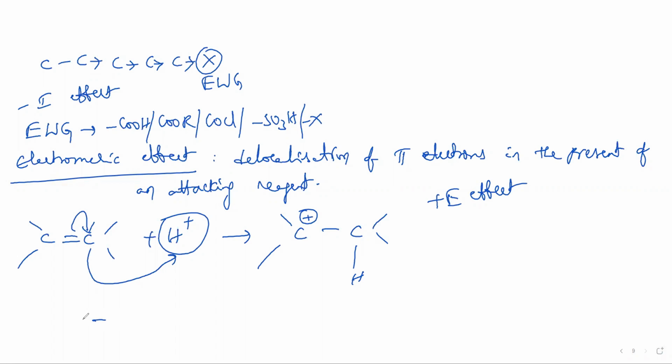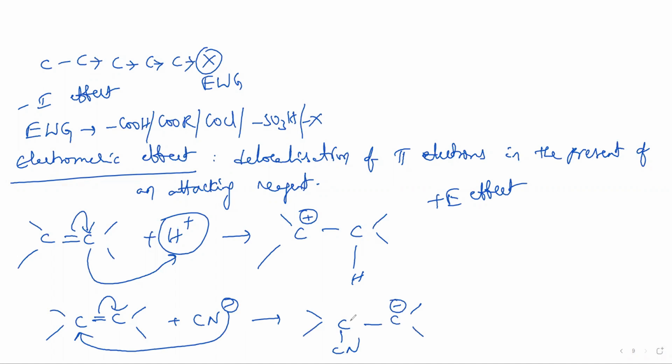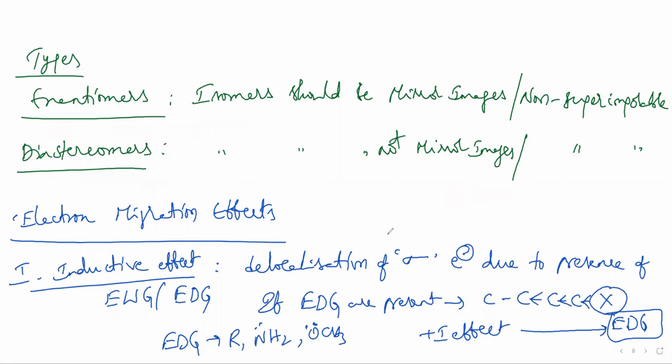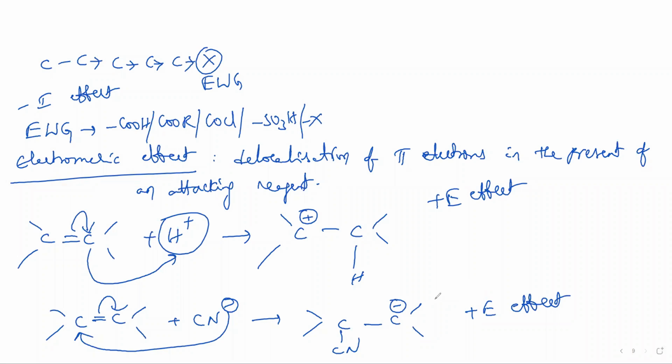or C double bond C with a nucleophile. The nucleophile attacks this carbon, and you get CN here, and now this carbon gets a negative charge. This is what we call the minus E effect. So this is a delocalization of pi electrons. I'll add one more point here: the inductive effect is a permanent effect, whereas the electromeric effect is a temporary effect. Done. Next,